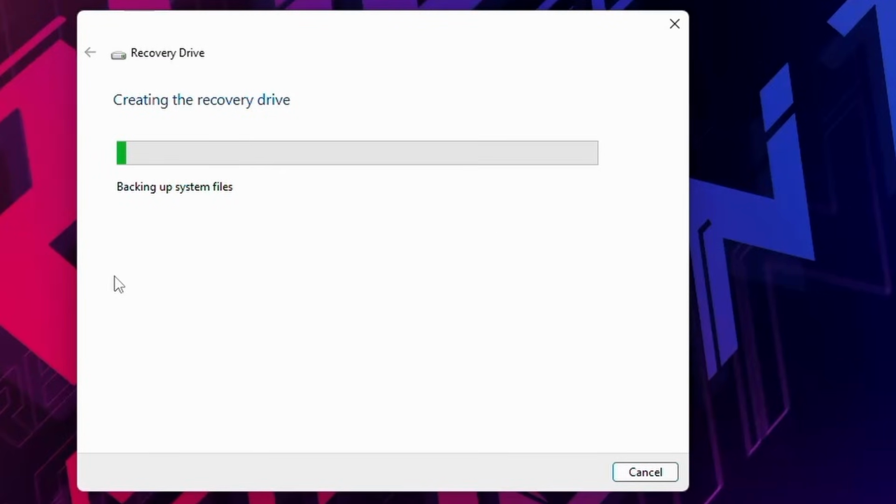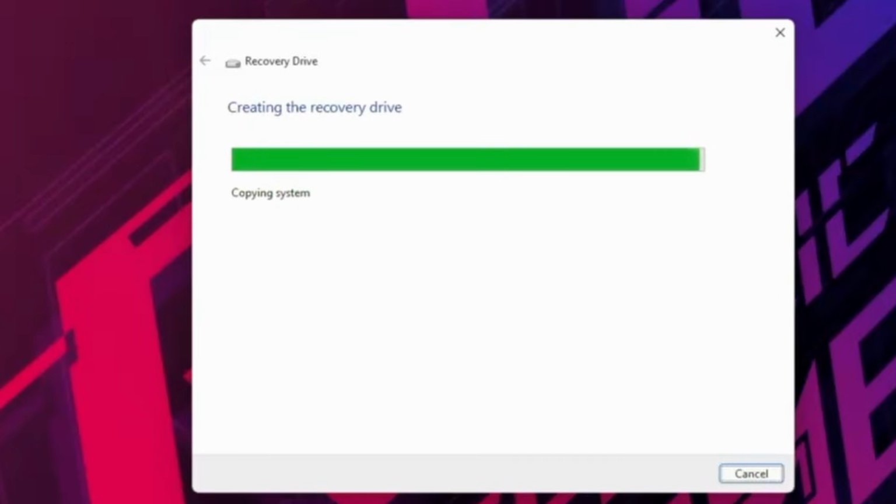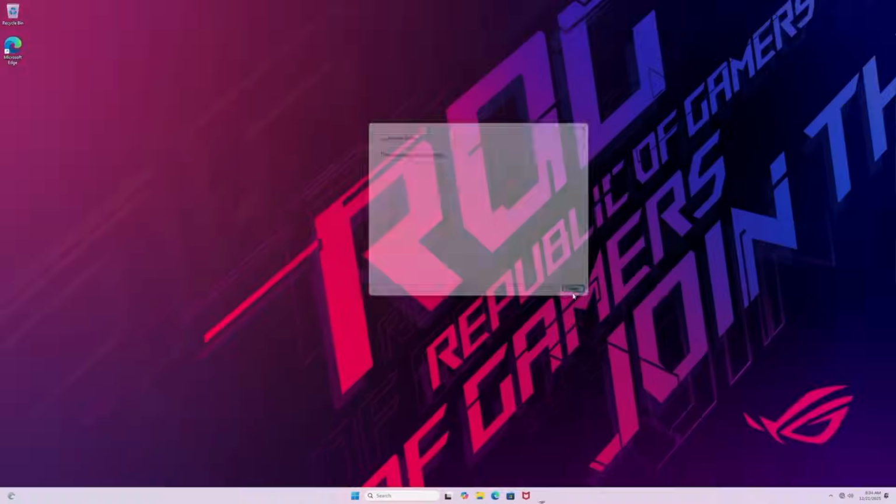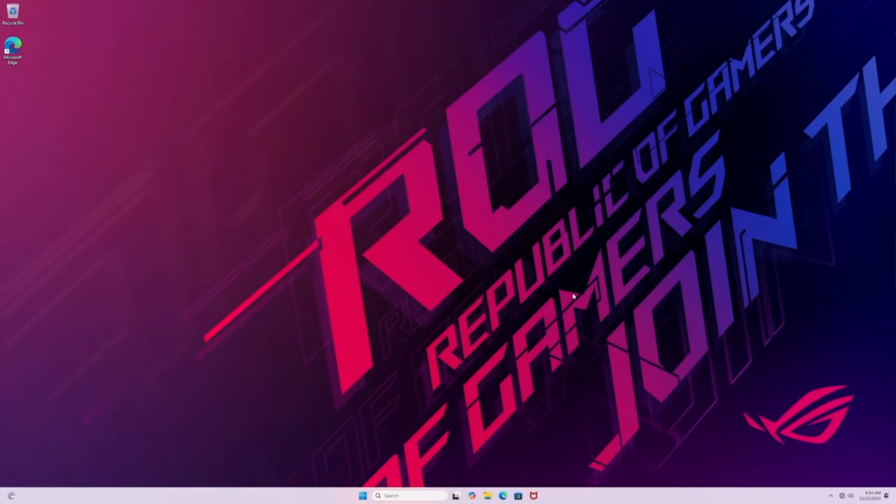Once we get the recovery drive written, then we'll connect this thing to the internet and we'll go find the Bazzite disk, backing up system files. Alright, we'll let this thing do its thing for a little bit here. So it says that the recovery drive is ready. So I'm going to click finish, and in case anything goes wrong, hopefully I can use this drive to recover